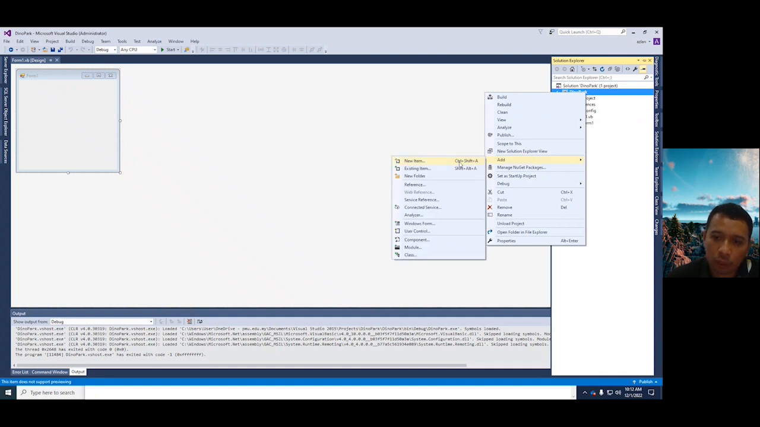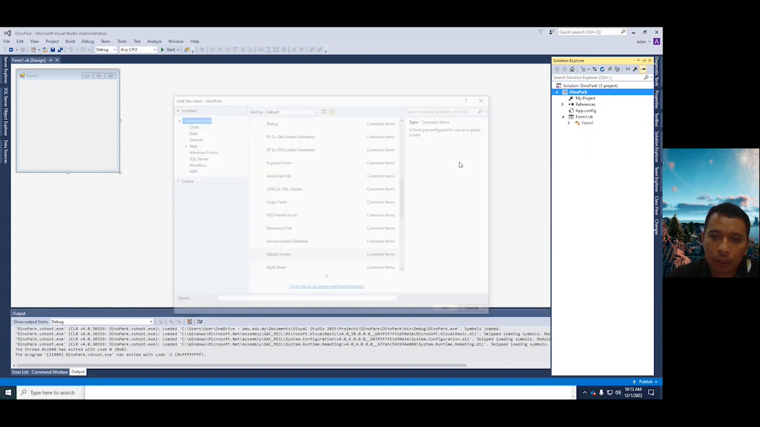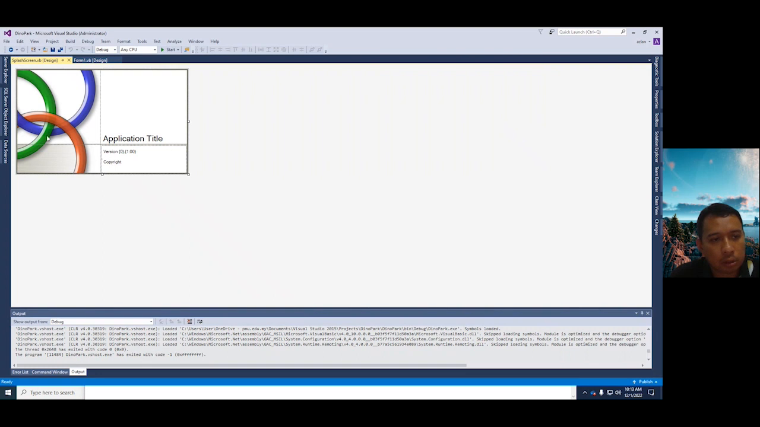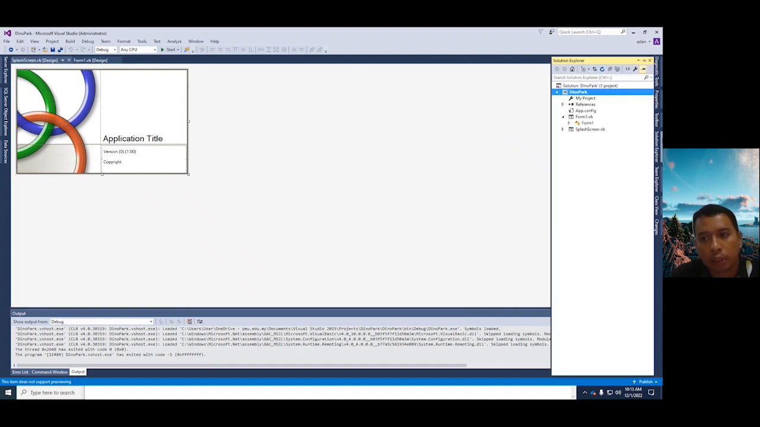further ado, we will have first a splash screen. A splash screen is something that you show your user for the first time when they try to log into your application. So you click on common items, go to splash screens, and then hit the add button. This is the standard splash screen form,